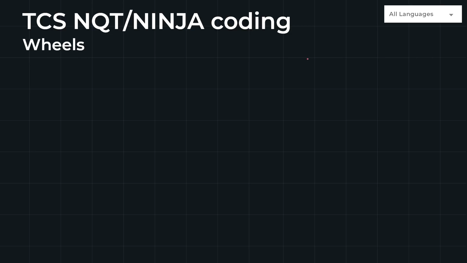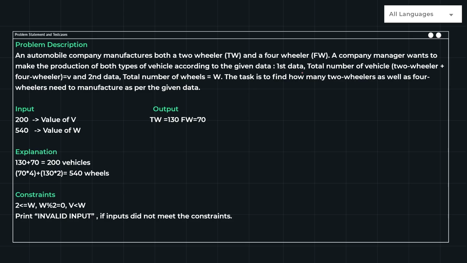This is another coding problem in TCS NQT, that is called Wheels. Now let us see the problem. This problem says an automobile company has the value of how many vehicles are there and how many wheels are there, and it has to say how many two-wheelers are there and how many four-wheelers are there. Now let us see one thing. Vehicle means how many two-wheelers plus how many four-wheelers are there,